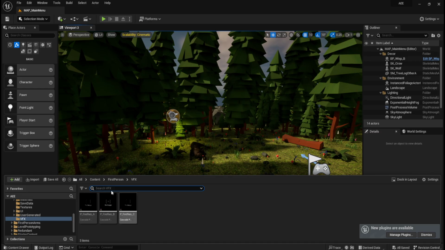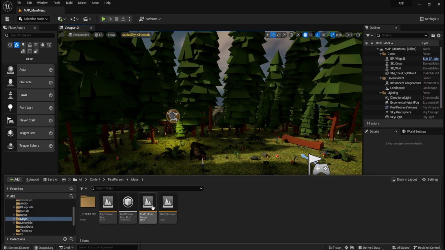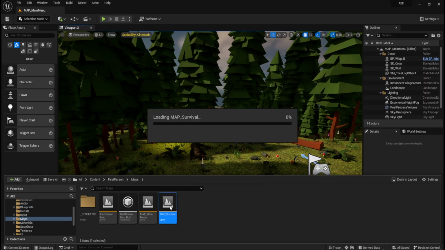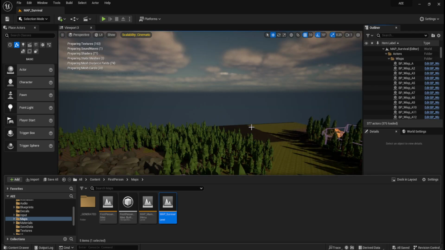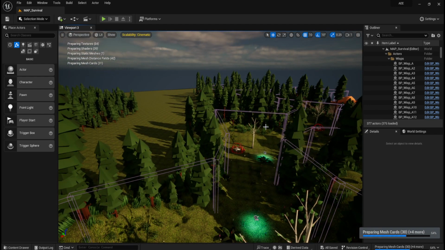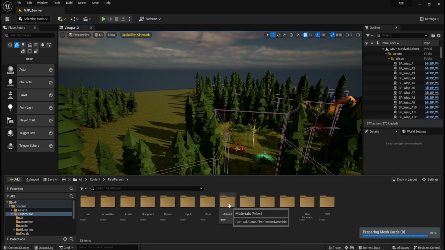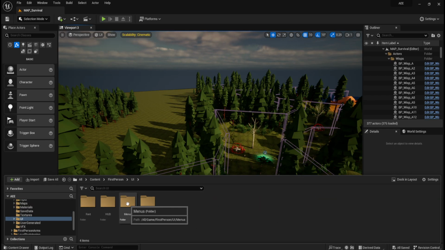Okay. Assets. Was it assets? Okay. Was it menu?